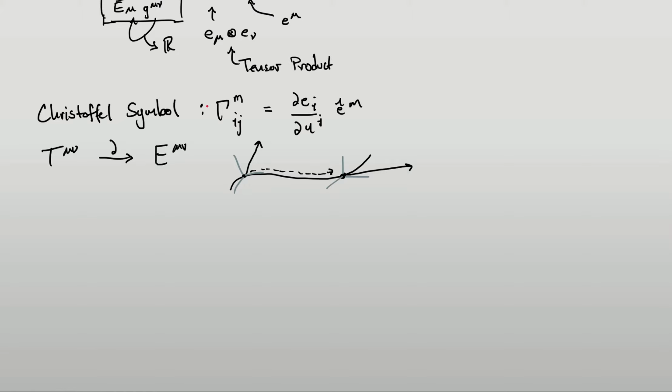So I will sort of box this like that. This is our definition of the Christoffel symbol, right? And it's in a certain direction. It's in a certain contravariant direction here, this e^m. Just as an example, to make this a little bit more tangible, the Christoffel symbol Γ^1_{02} is going to be equal to